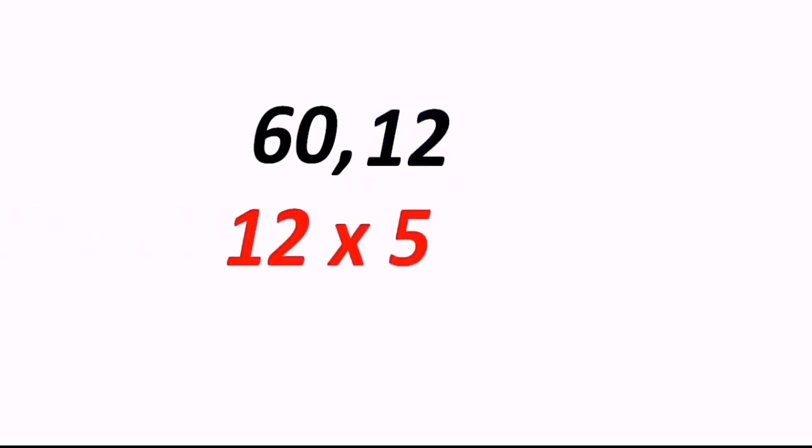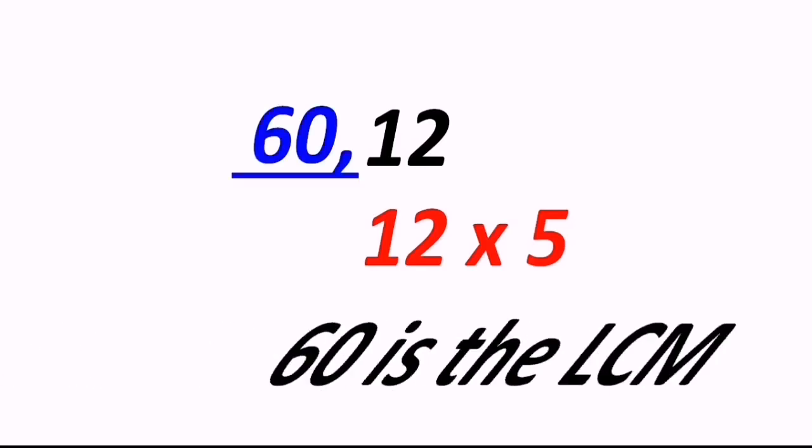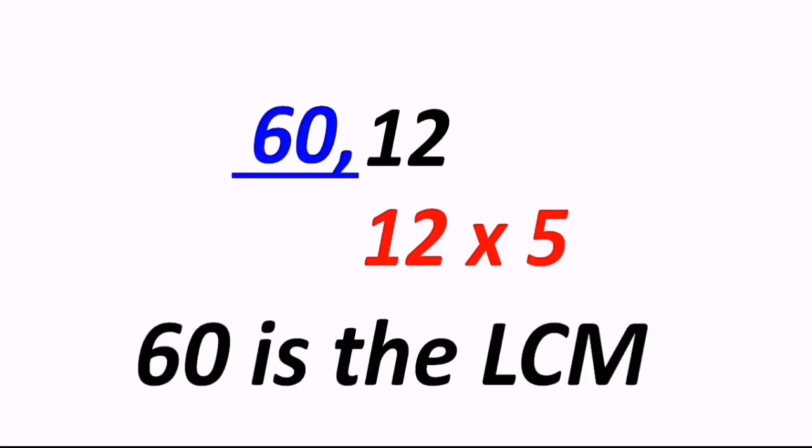Okay, so we are given the two numbers 60 and 12. Which is the smallest one of them? Yes, 12. Do we have that 60, the bigger number, in the 12th table? Yes, of course we have. 12 into 5, we get the answer 60. And if you come across this situation, then the bigger number becomes the LCM of both of them. Okay, so keep it in mind. If that condition is satisfied, that in the smaller number's table we have the bigger number, then the bigger number becomes the LCM and the smaller number becomes the GCD or HCF.